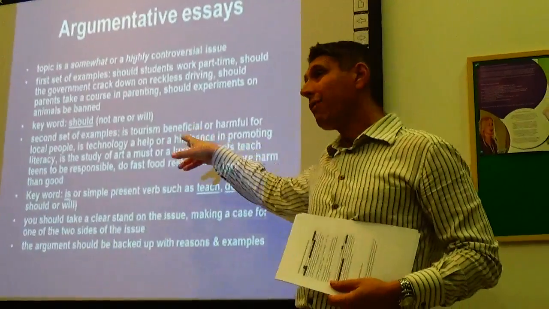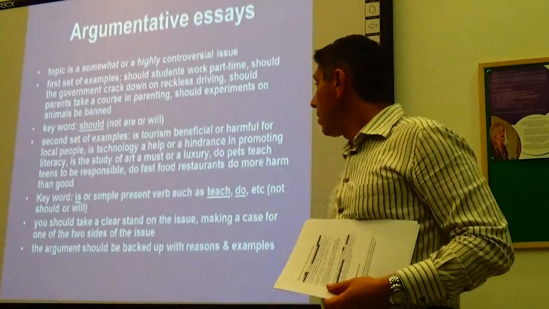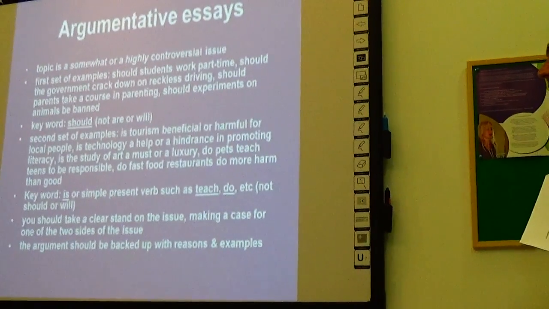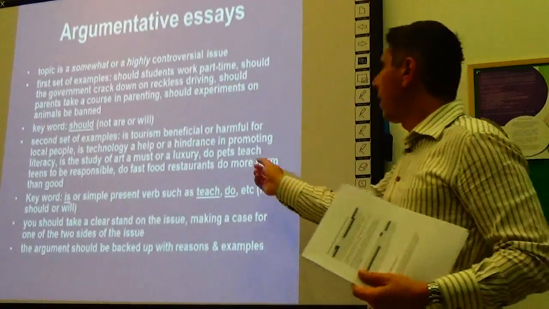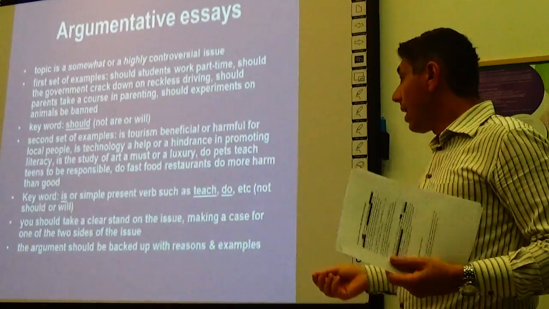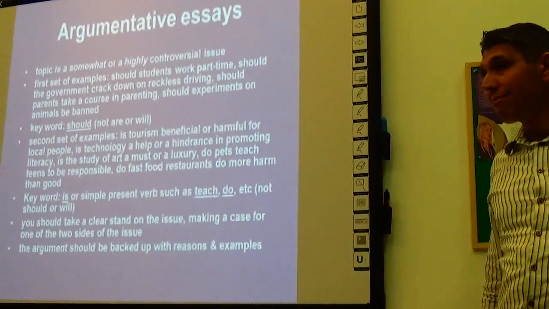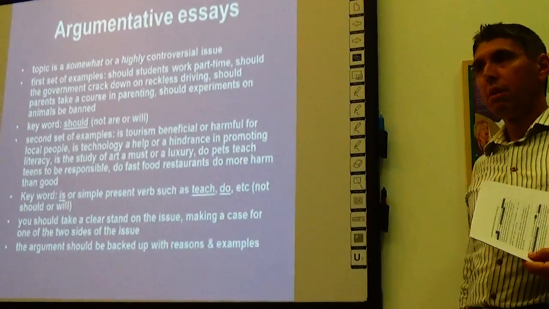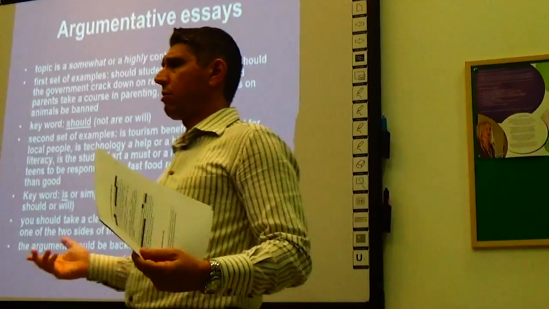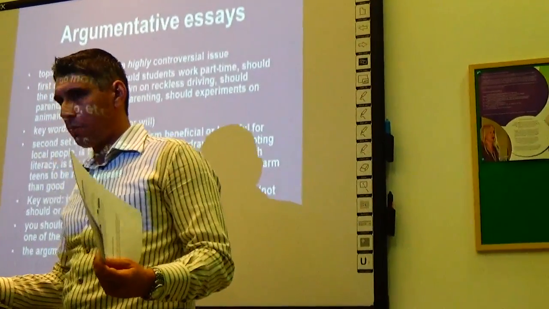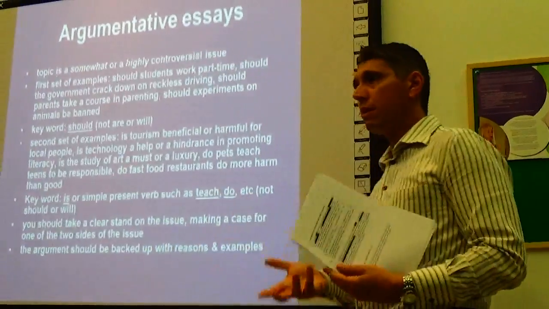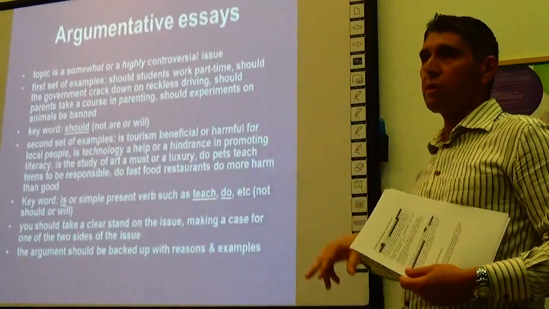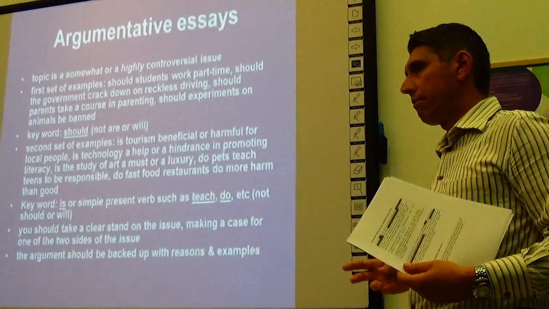But remember, you have to paraphrase that a little bit. So here, is technology a help or a hindrance in promoting literacy? How would you paraphrase that? Well, you can simply get rid of help or hindrance and say, whether technology promotes literacy or not is a fairly controversial issue. Or you can paraphrase the word promoting. Whether technology encourages literacy, fosters literacy, that's a proficiency level word. Okay. Here you can demonstrate your command of words. So you can say whether technology fosters literacy is a highly controversial issue.